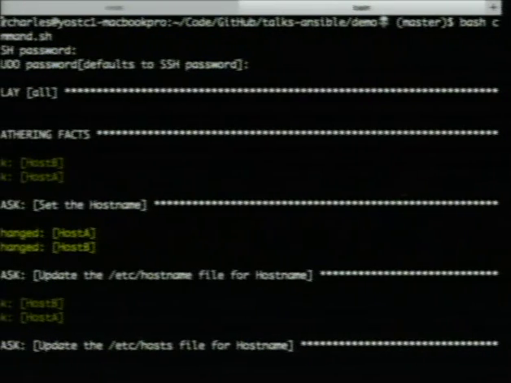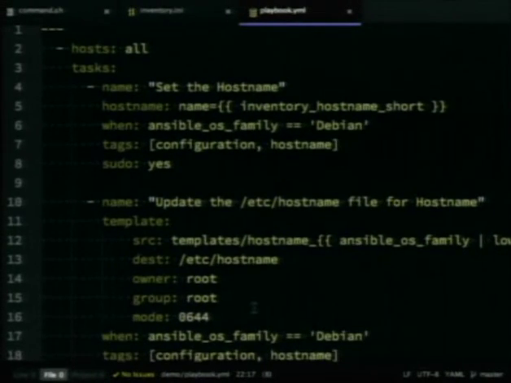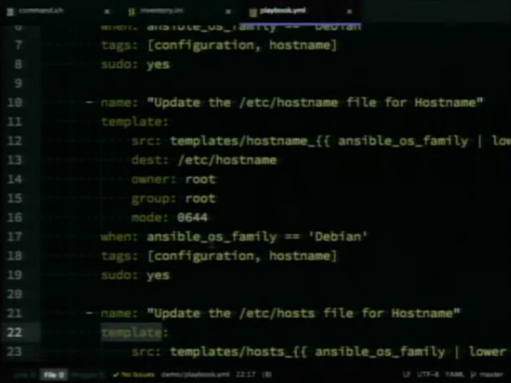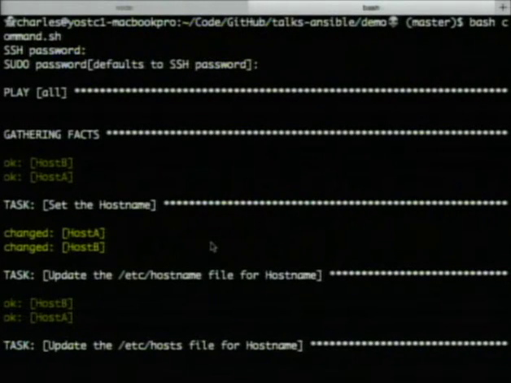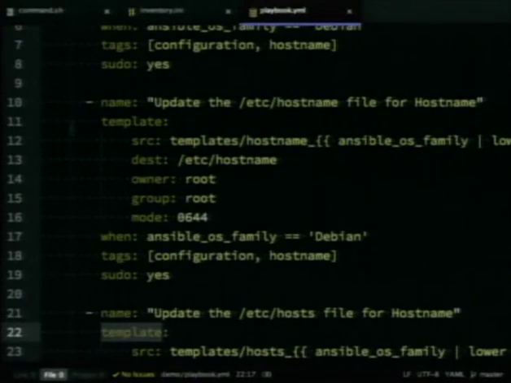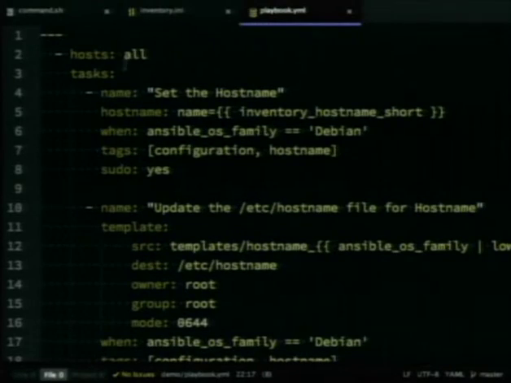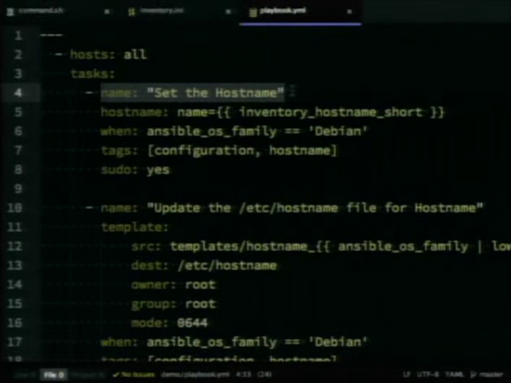So, for instance, the Ansible OS family. It gathered that fact. Then it's going to set about doing its work. In this case, it's got a task. It's going to set the host name. This should look very familiar. Task, name, set the host name at the top.